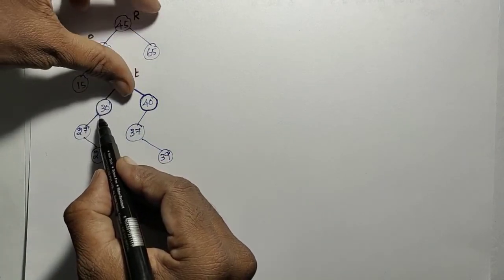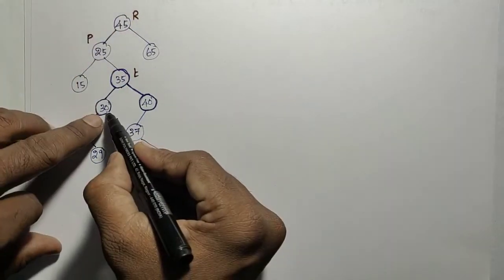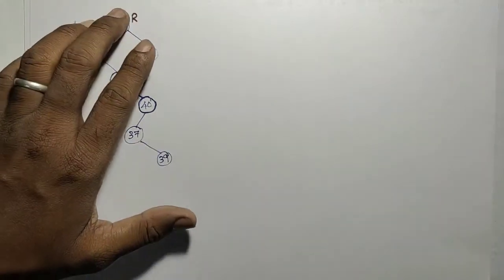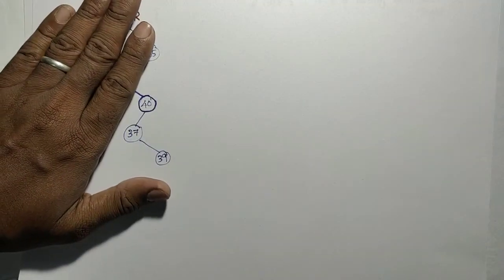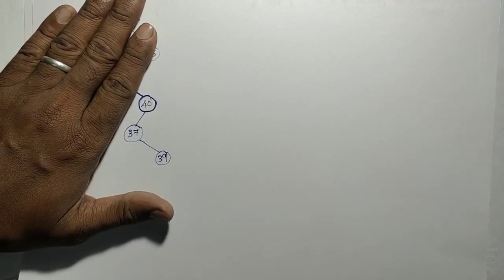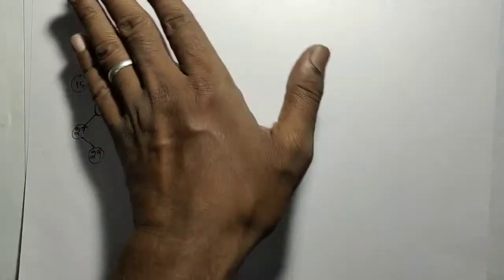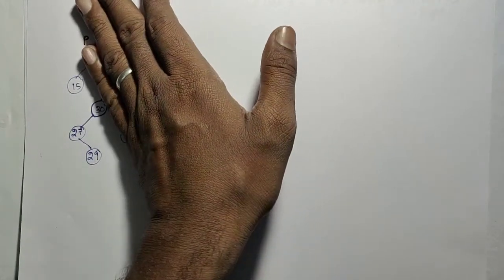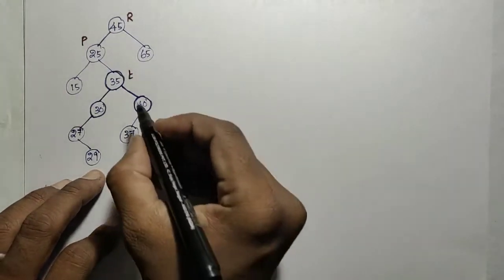In the left subtree, we have to pick the biggest number, which is nothing but the rightmost element, 30. That is a simple solution. You can take either the right subtree or the left subtree. If you consider the right subtree, you pick the leftmost element, the smallest number from the right subtree, or you go with the left subtree and pick the biggest element, the rightmost element.